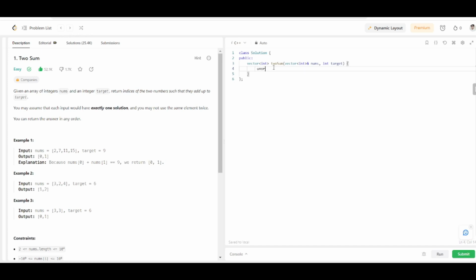So let's declare an unordered map. Let's call it mp. Now iterate over the elements of this array. Iterate over this array, i less than nums dot size, i plus plus. We can see that in the very first iteration, what I'm going to do is map the elements of this array to their indices. So mp of nums of i is equal to i, right? This is the first iteration. Let's call it map the